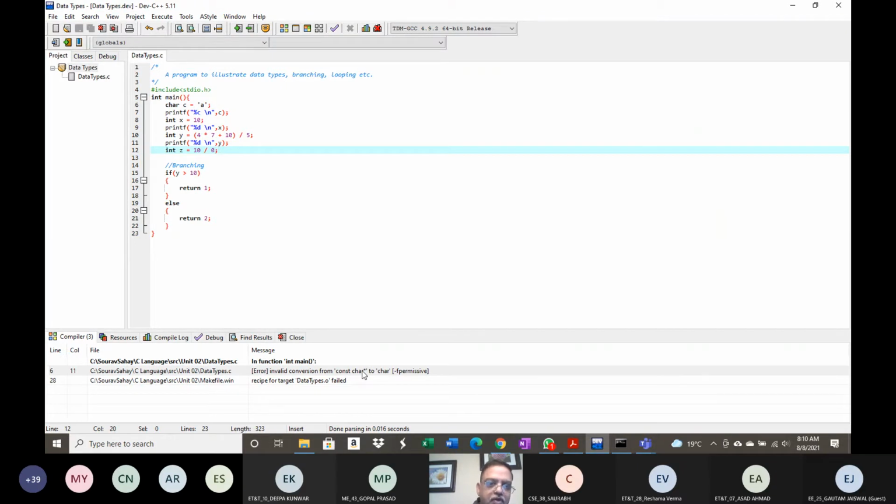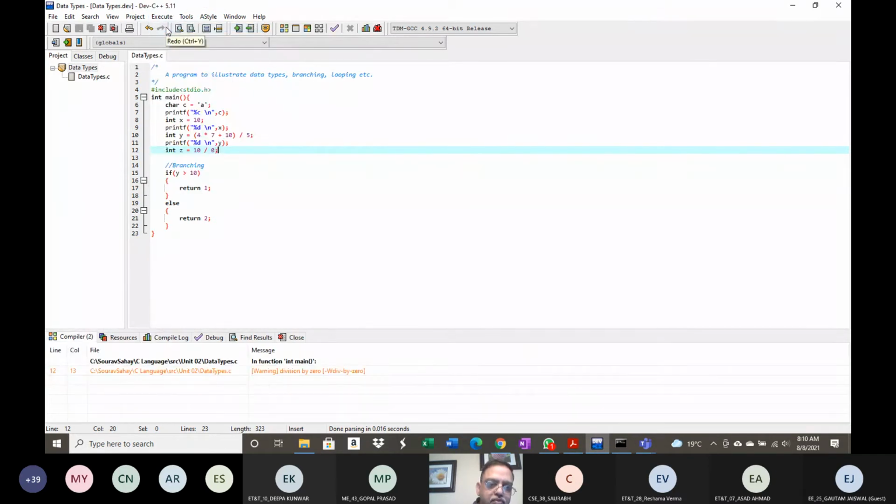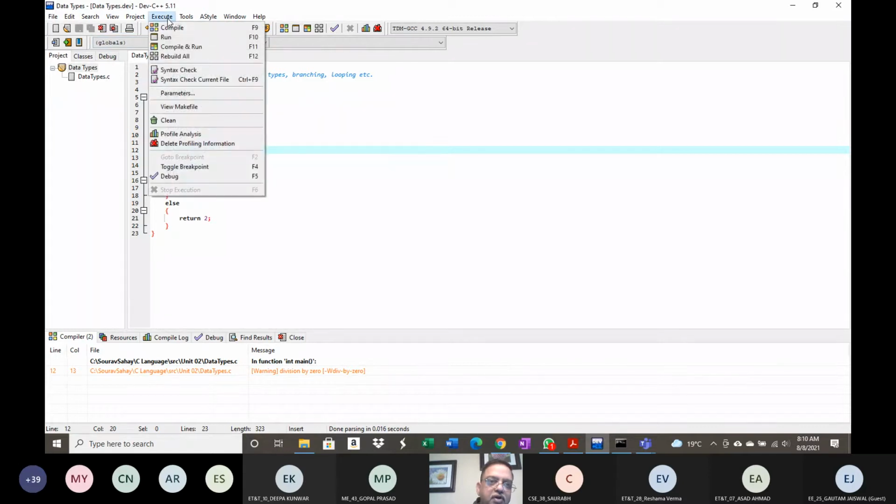Right. Now let me try to compile this. It is giving me a division warning. It is not preventing me from creating the executable file. In fact, I can go and execute it.